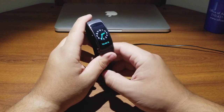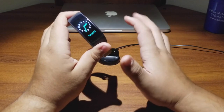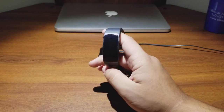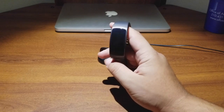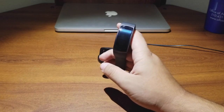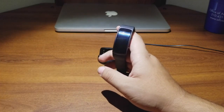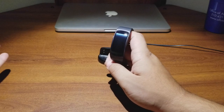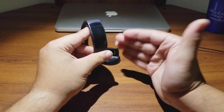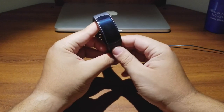Pretty close to what the Apple Watch is offering. Except it's a little lackluster in the notification part of it. But I mean, overall, I think this is very comparable to the Apple Watch. Obviously, price, it's a huge price difference there. And the Apple Watch is only with iPhones, and the Gear Fit 2 is only with Android phones. So obviously a big difference there. But I mean, as far as what they both can do, this one's pretty close to what the Apple Watch can do from experience, obviously, right? So